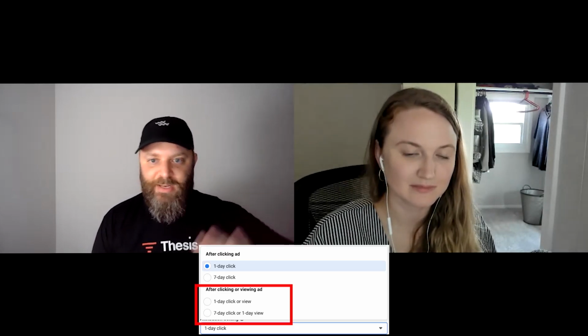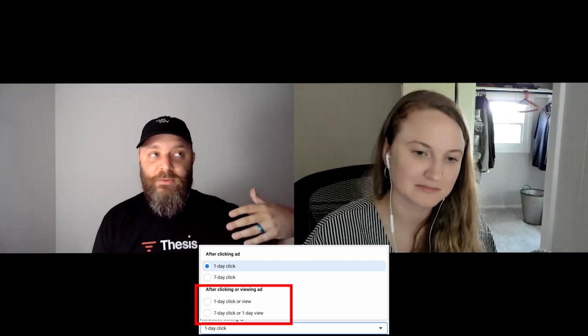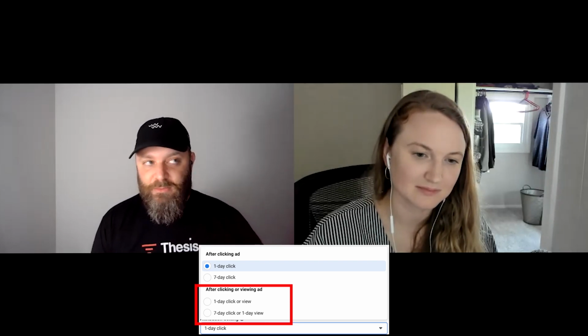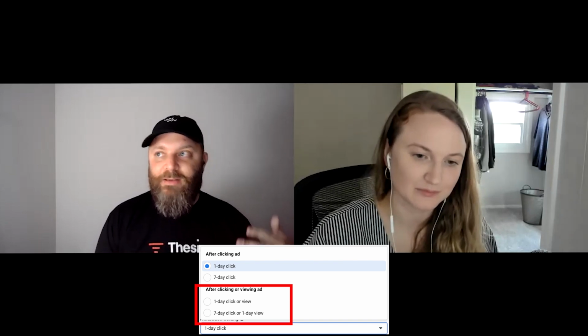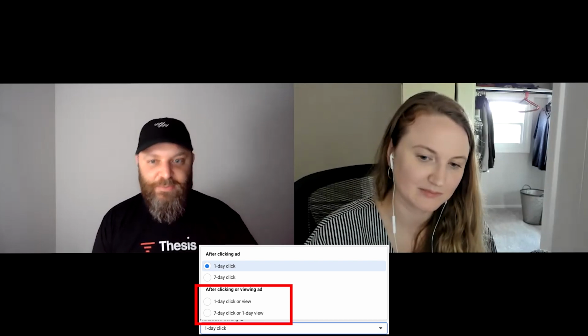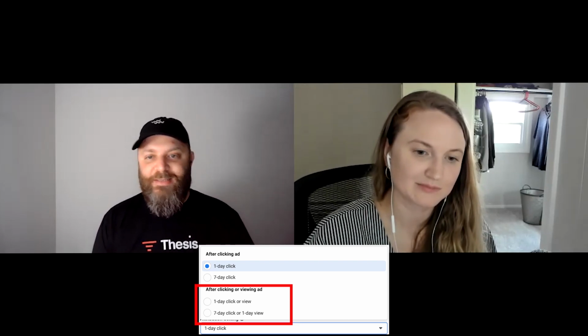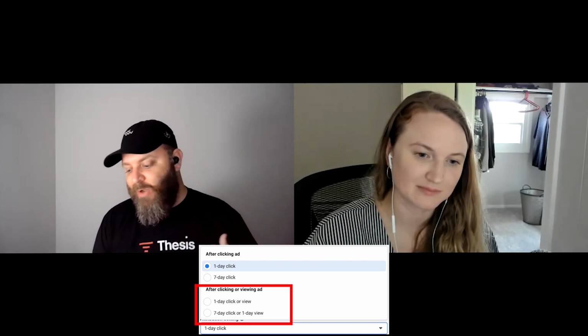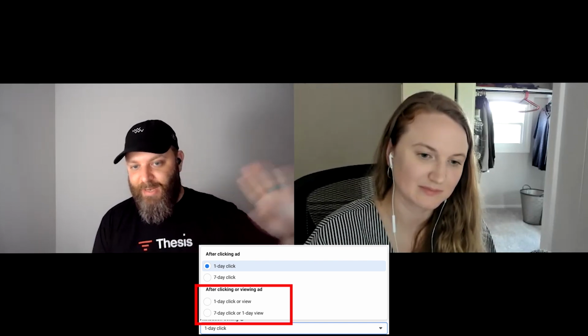We see a lot of accounts that, prior to iOS 14, used conversion windows. They used to be called conversion windows. Now they're attribution windows. They used to use windows that we would not recommend. They would use 7-day click, 1-day view. I would not recommend using 1-day view on any of my optimizations because it inflates your stats from conversions that are not actually being driven by your ads. They're not incremental conversions. And it allows Facebook to optimize to show ads to people that are already likely to convert. So I'm very anti 1-day view in anything.